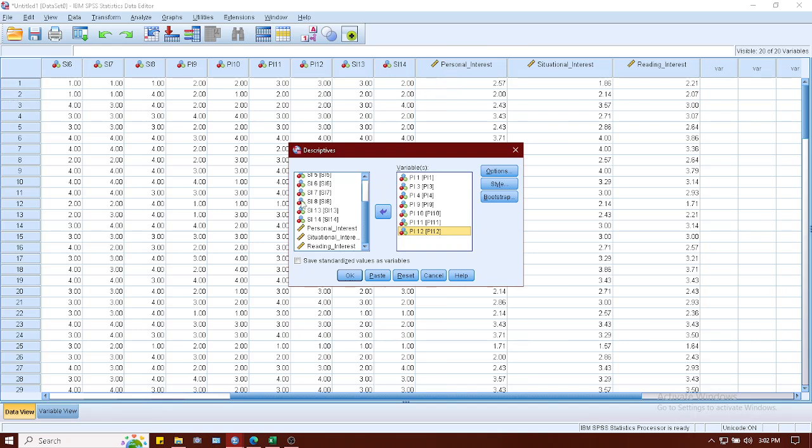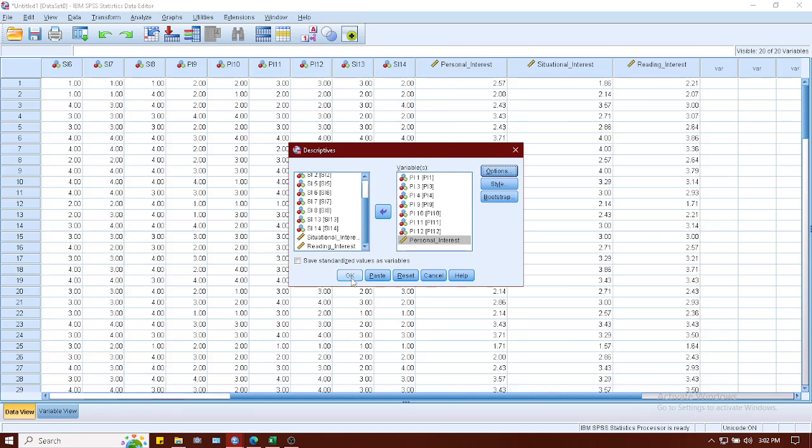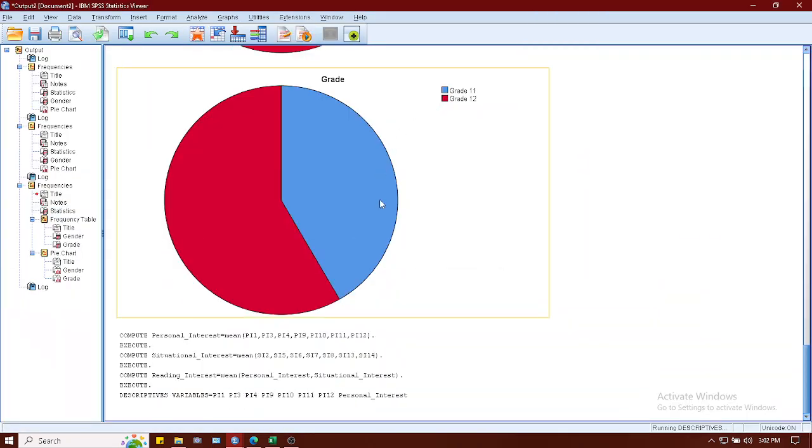Okay, so the mean that you can see here is the mean per respondent. The mean that we will be getting from this analysis in Descriptives is for per column, so the indicators' mean. So we have personal interest, options, mean, standard deviation, minimum, maximum. We need to find the minimum and the maximum in case we have input a wrong value. And then for some, they need kurtosis and skewness, but for this example, we will just have mean, standard deviation, minimum, and maximum.